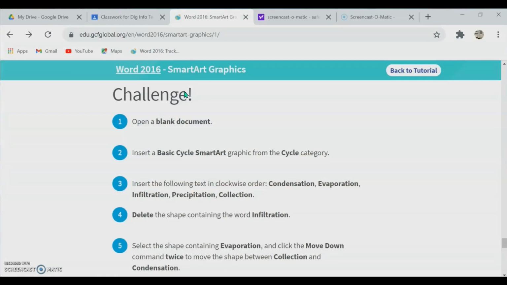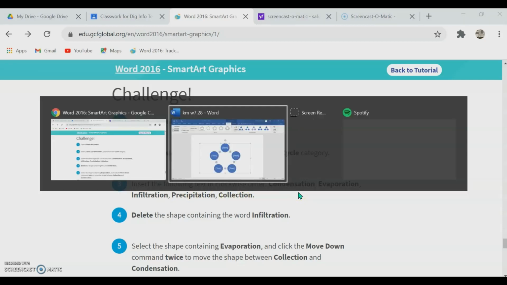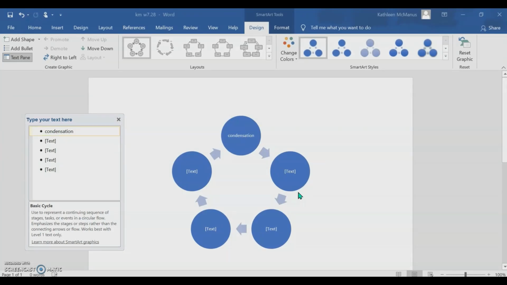Now the nice thing is you have your graphic on the right and automatically a text box on the left. So if you're JAWS users, it's easiest to use the text box. But as soon as you do it, they're asking you to insert text in the following clockwise order, which is how it normally goes, and your cursor will be in the first one. So they want you to add condensation,